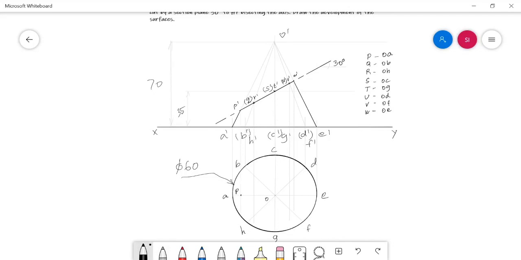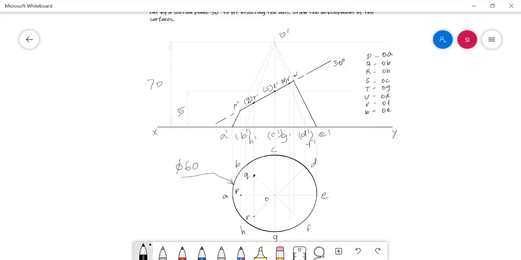In the same way, this projector is taking Q and R. Whenever this projector intersects with OB and OH, I need to mark the cut points Q and R respectively. Let's mark this projector now intersecting with OB in this part. So here I need to mark the cut point Q, and the same projector intersecting with OH in this part, and here I need to mark the cut point R.